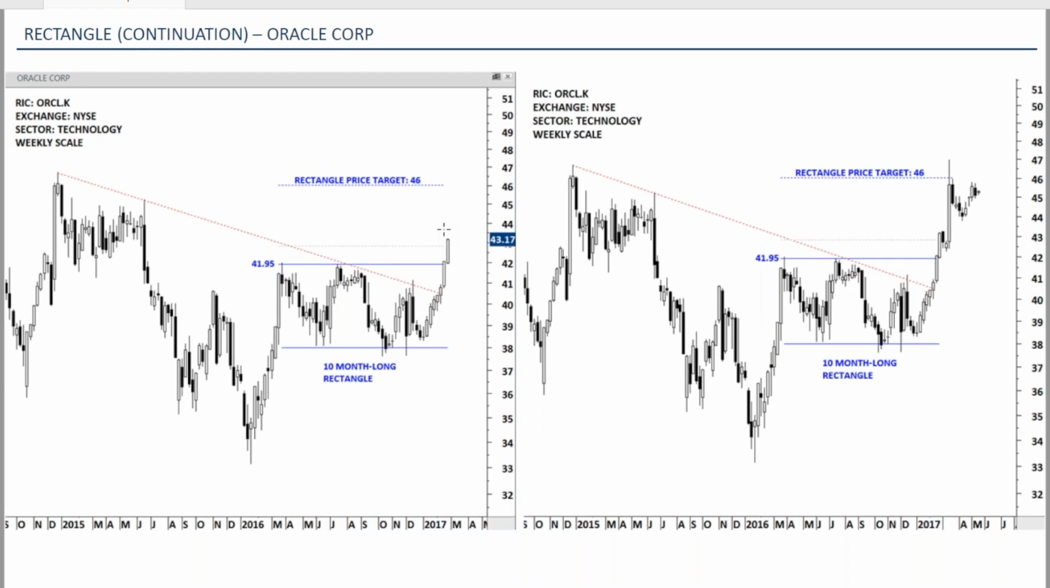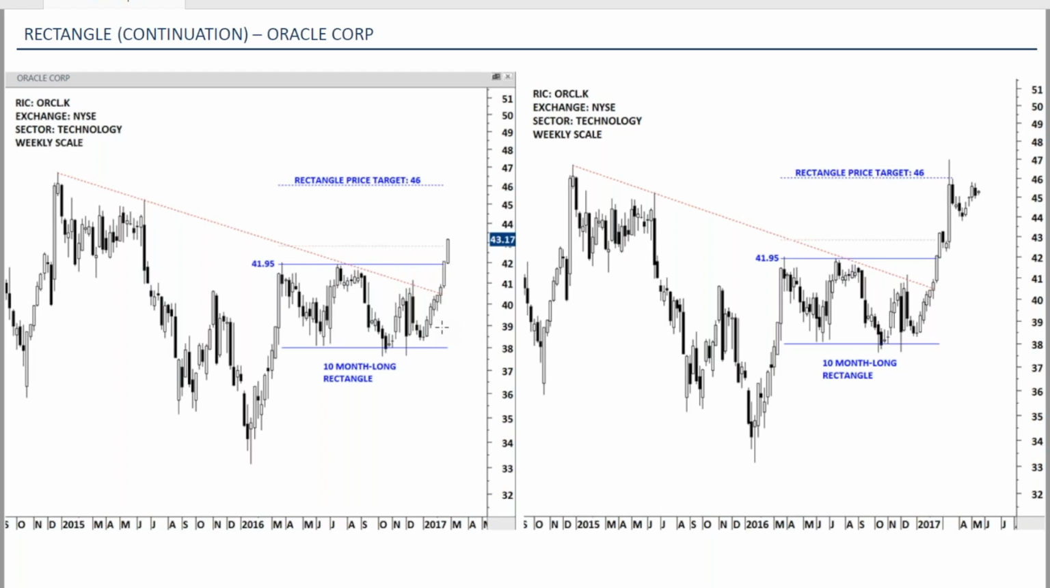Another chart, again a rectangle, this time Oracle Corp from US, New York Stock Exchange, a perfect breakout from a horizontal trading range. This time the stock not only broke out of the rectangle, it also cleared the downward sloping trend line that has been intact for 2 years. So when we have two types of signals like this, it's even giving more conviction,